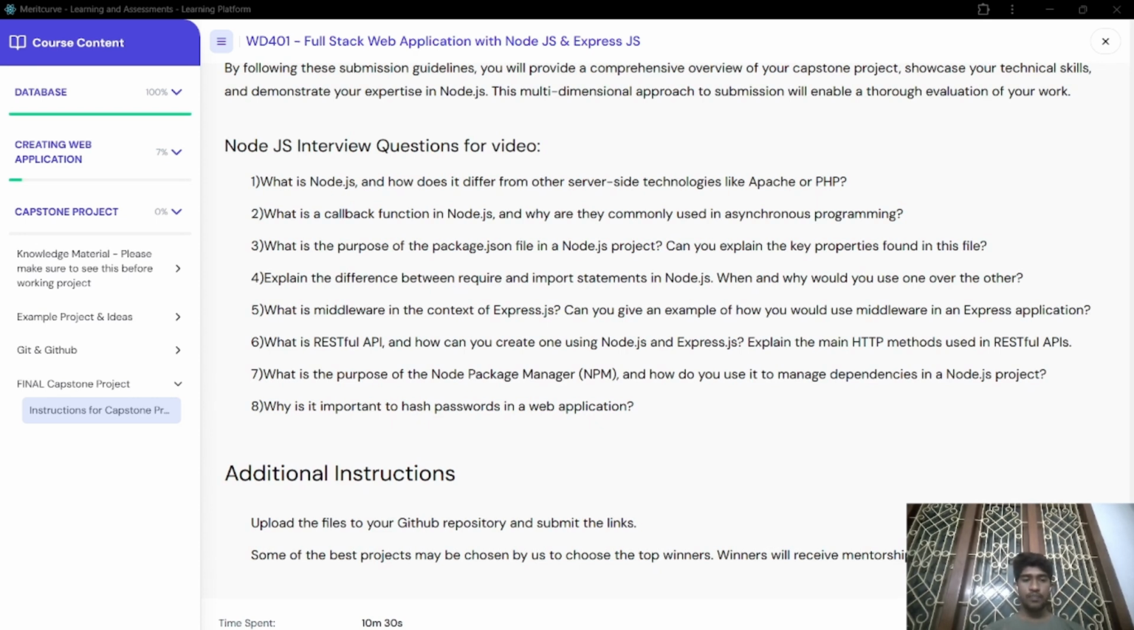What is the middleware in context of Express.js? Can you give an example of how you would use middleware in an Express application? So middleware functions are the functions that have access to request, response, and next function in Express.js. They are used in logging requests, parsing request bodies, handling authentication, error handling, and an example for middleware is